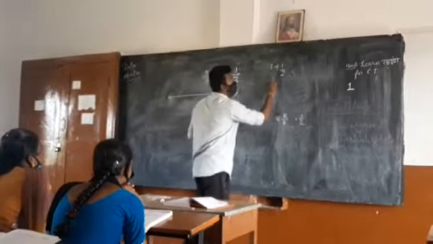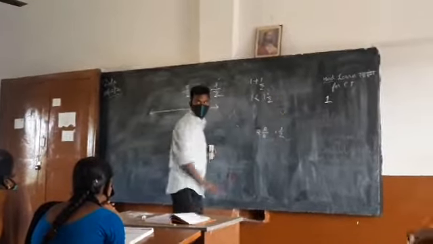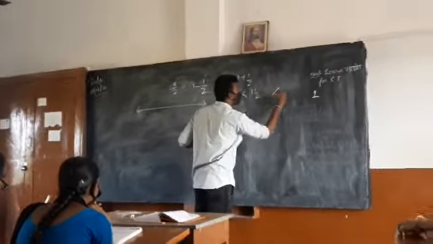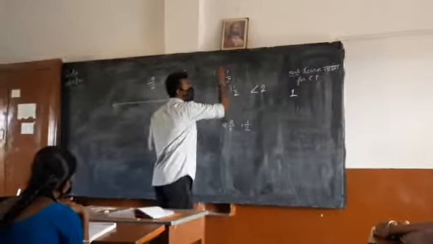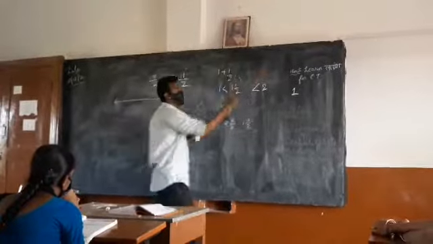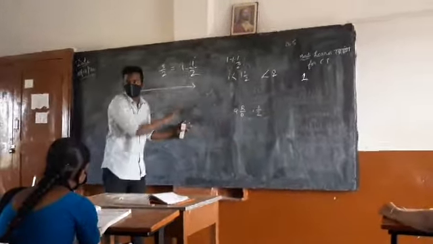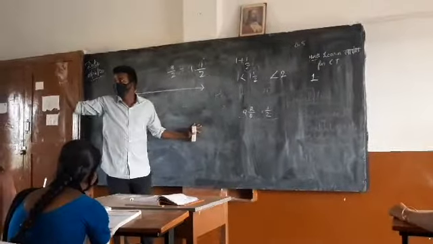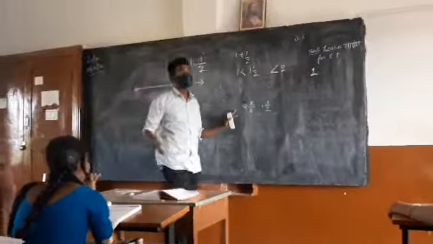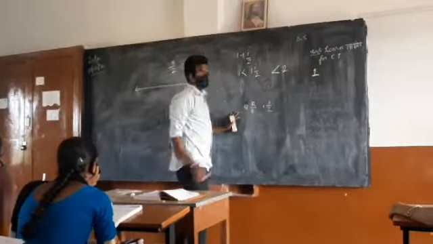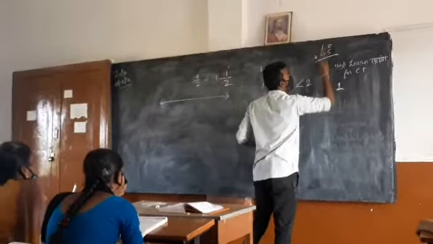So it is greater than 1 and it is less than 2. How can I say? Because a proper fraction always comes as 0 point something. We divided a proper fraction just before this. You have seen 0.6, 0.666 like that. Any proper fraction division will give you 0 point something. So on adding 1 to that, you will get 1 point something.